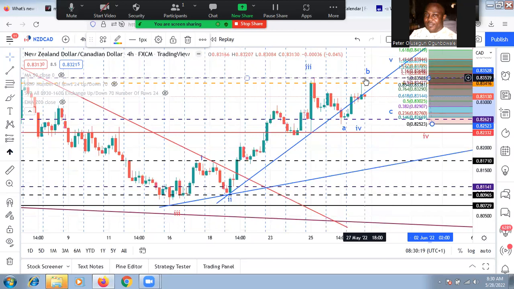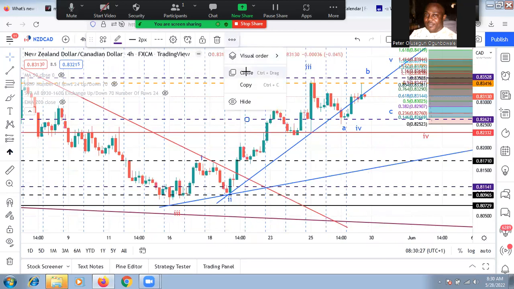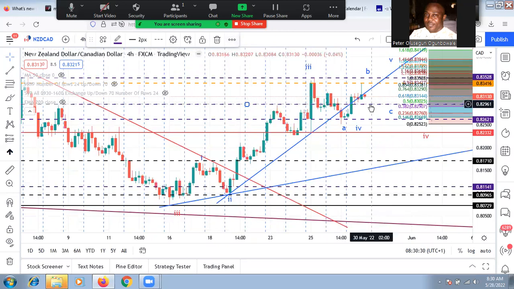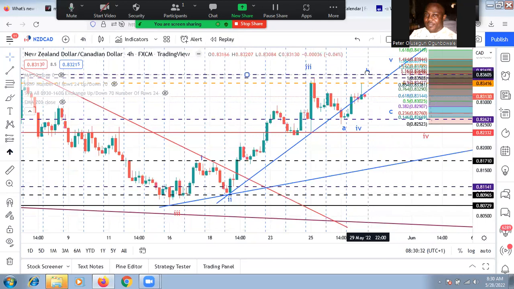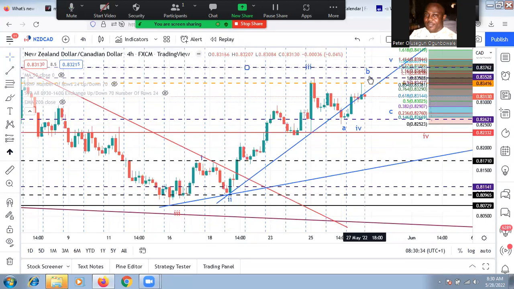And the 123 of it is going to run across there. So a 123 is going to be here. So we should be seeing the return of the price around this area. Around this area, that's where B